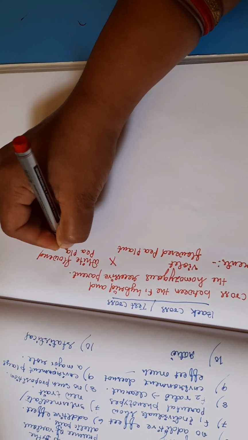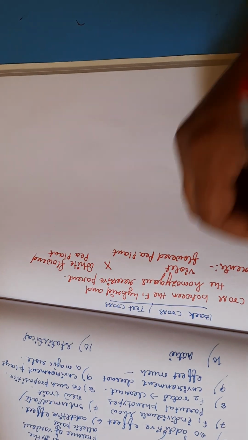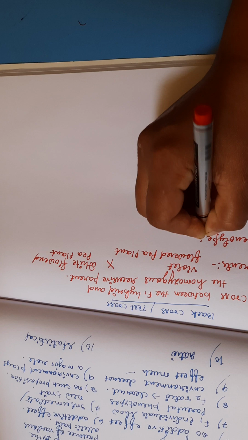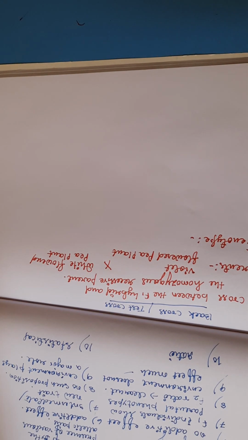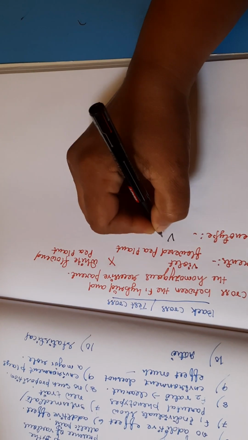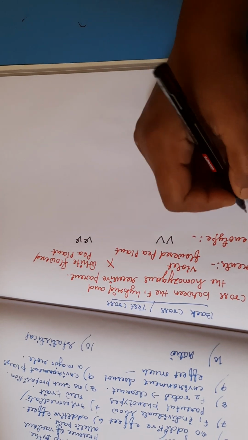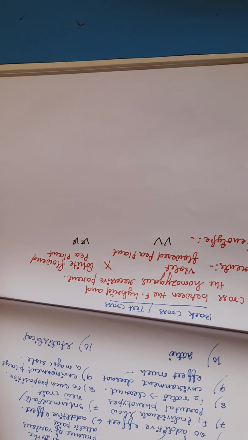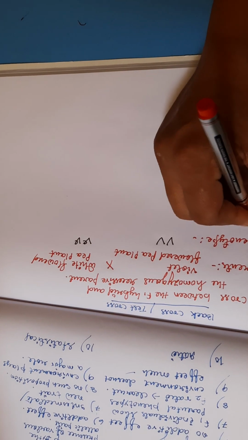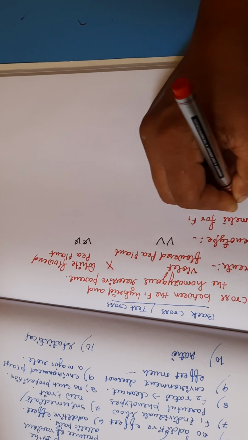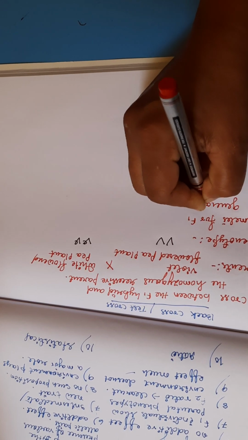I am working out the normal cross. So the genotype of this type of parents will be capital V for this plant and small v for this plant. Then the gametes for the F1 generation will be